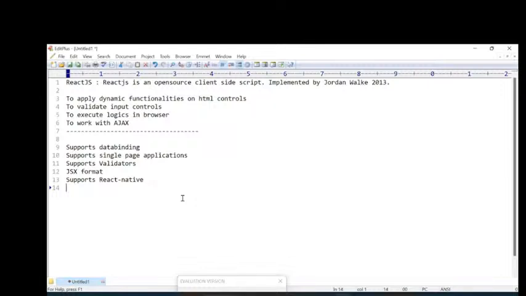So what is the benefit of React Native? If you develop any mobile application using React Native, it supports any type of device. We can run that application on an Android phone, iPhone, Microsoft phone, or any other mobile. So it is a cross mobile application development technology. Is it clear? Yes, supports React Native. Next one here, supports